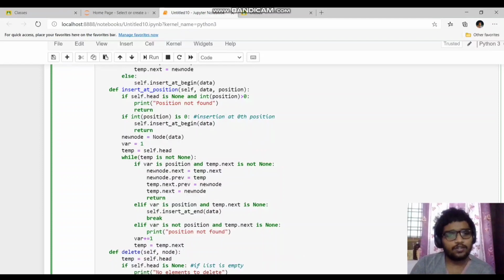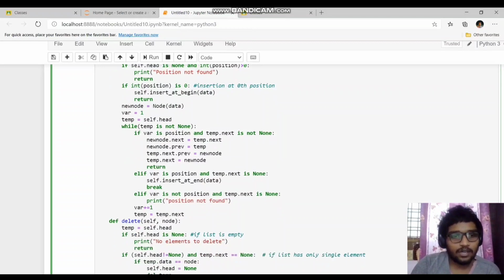So that's why we are using a while loop with the condition temp is not none. If temp is none, that means we have passed the last element, only then this loop will be terminated. Otherwise this loop keeps on iterating, right? So this loop can traverse across the list until it reaches the last node. That's it. Now under this loop we have some other conditions to check.